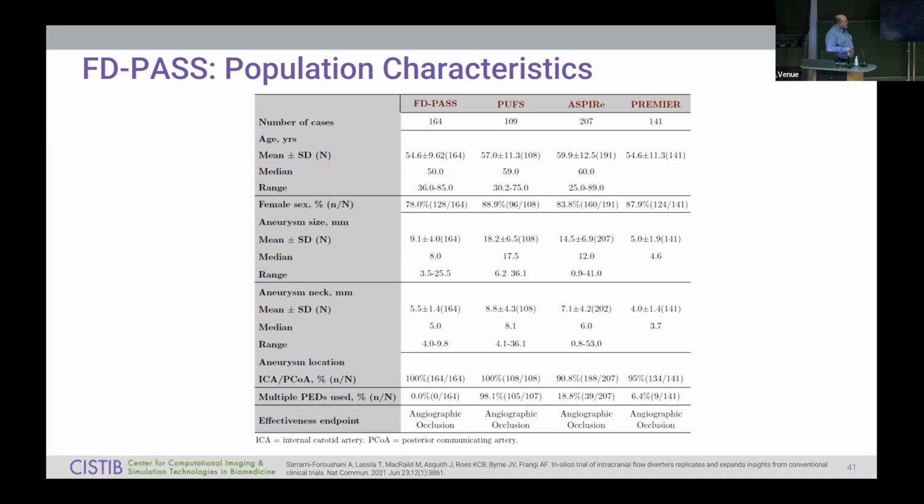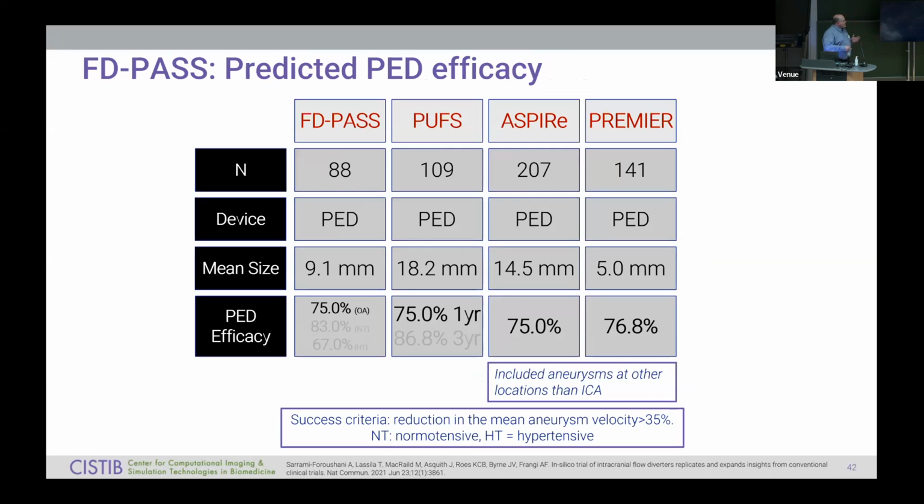The efficacy endpoint, the effectiveness endpoint, was angiographic occlusion, which is what we did as well. And that's another thing: to model the angiographic occlusion, you need to do ray casting with the clotting model, estimate and solve transport equations for the bolus of contrast, and be able to model whether you would see or you wouldn't see the contrast in the first place. Okay. So what we saw is that